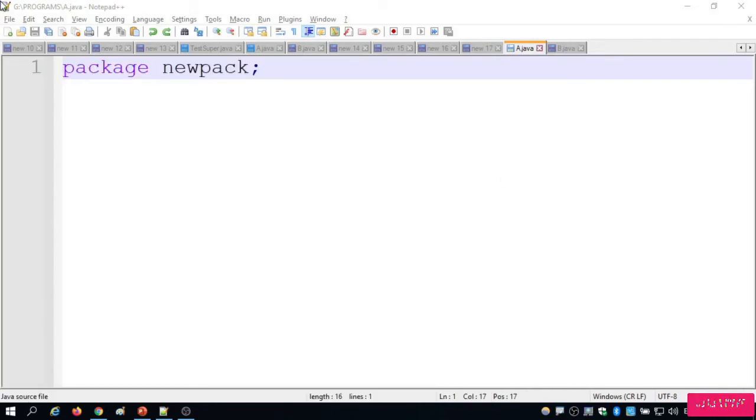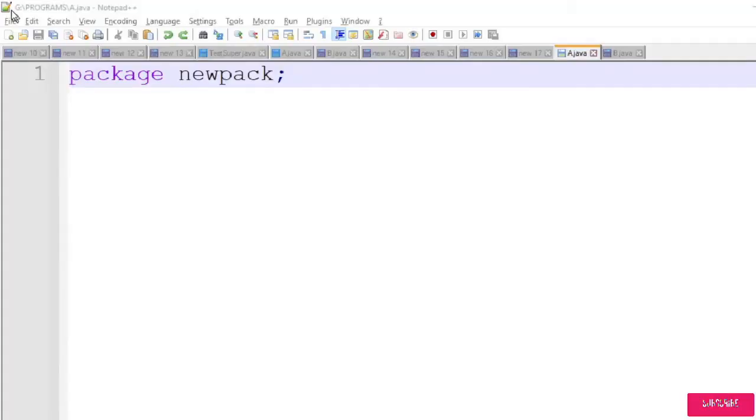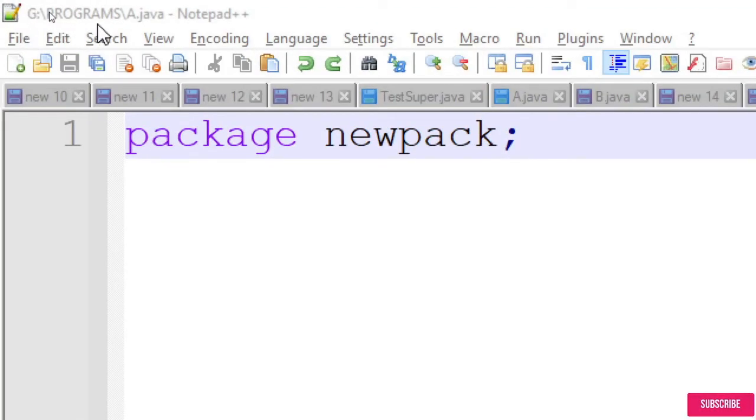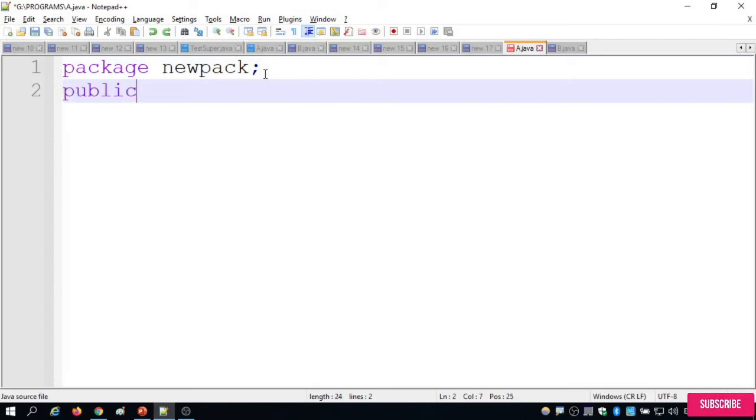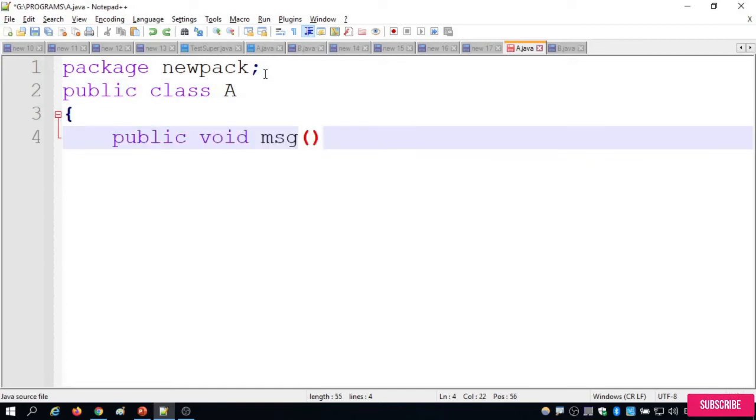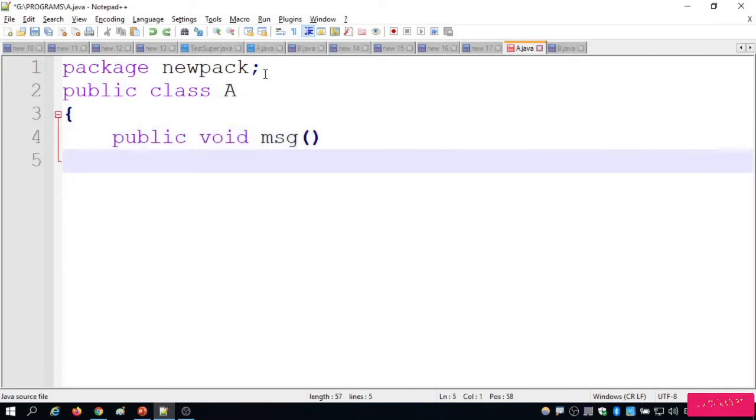You can see I have saved my file in the G drive programs folder as A.java. Here I'm taking a class, public class A, because my file name is A, so my class name is also A, and public void msg is a method.